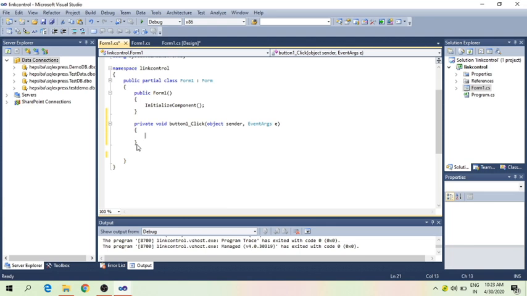Welcome to Visual Studio Programming. This is a program which helps in making a connection to a grid view but without making use of a database. Here in this program, we are not using any database. We are linking directly from the text box to the grid so that the information in the text box gets copied into the data grid view.